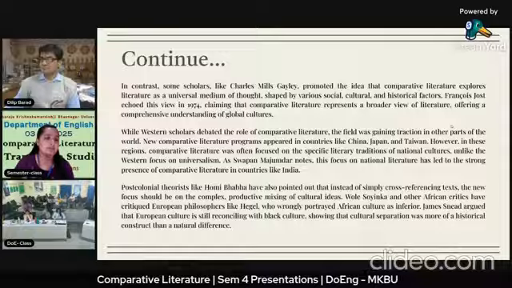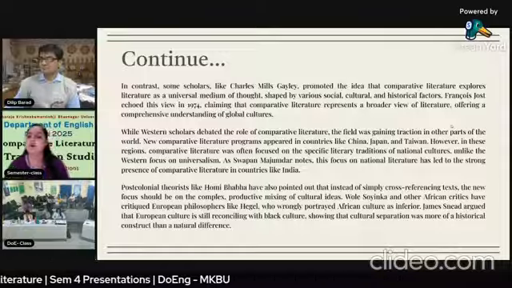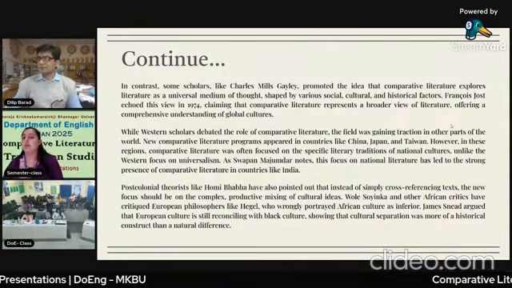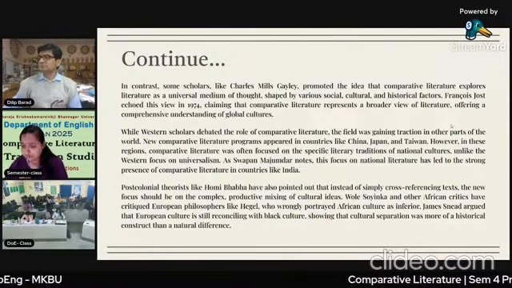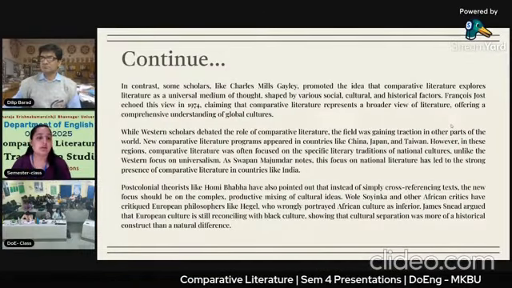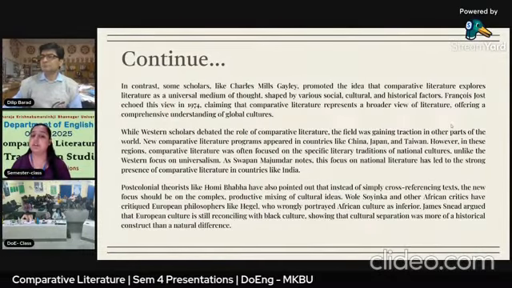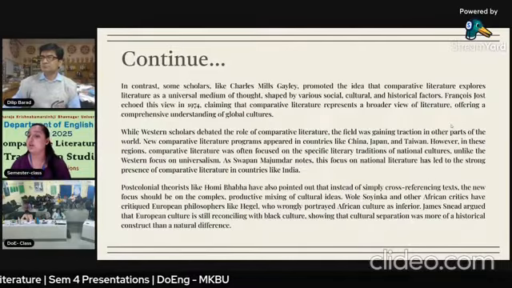And while Western scholars debated the role of comparative literature, the field was gaining traction in other parts of the world, as new comparative literature programs appeared in countries like China, Japan, and Taiwan.